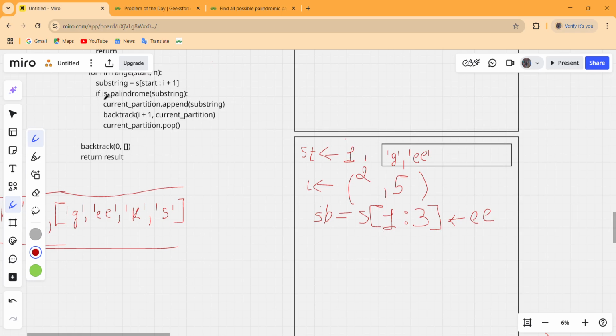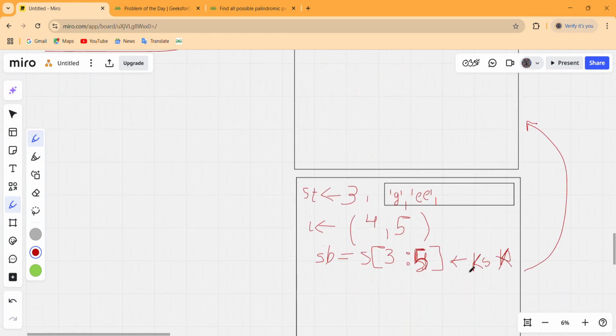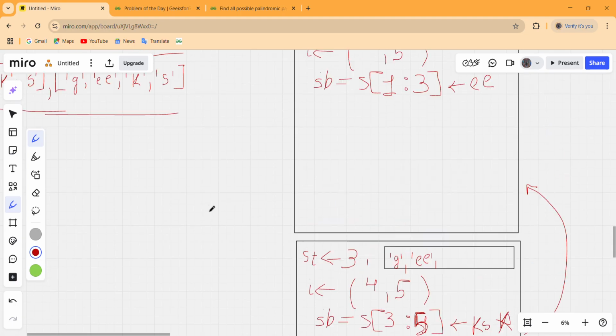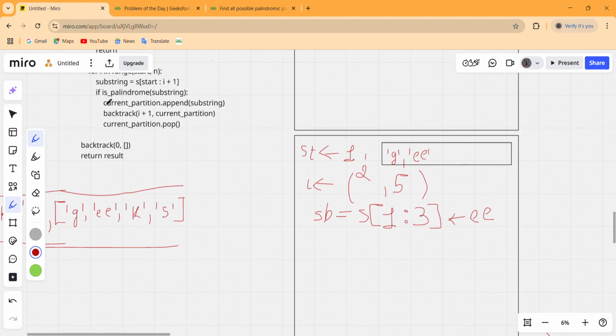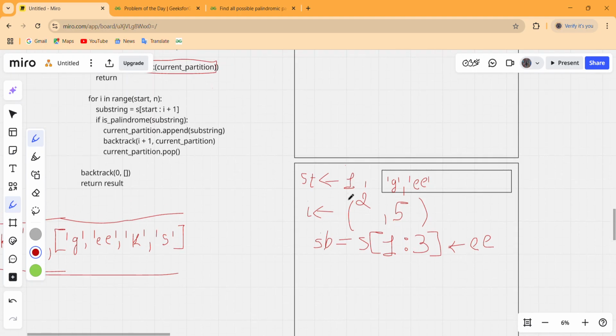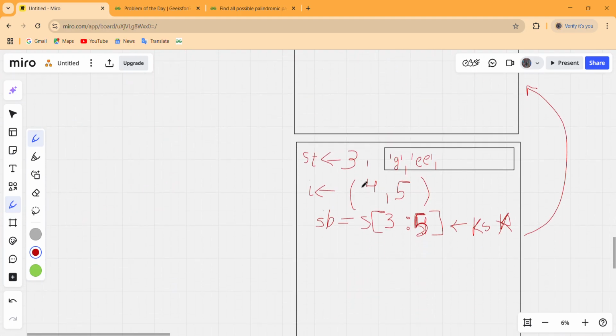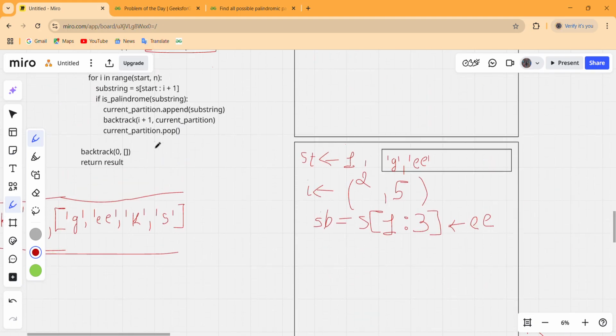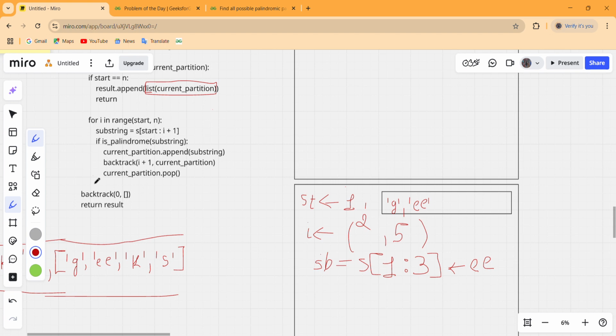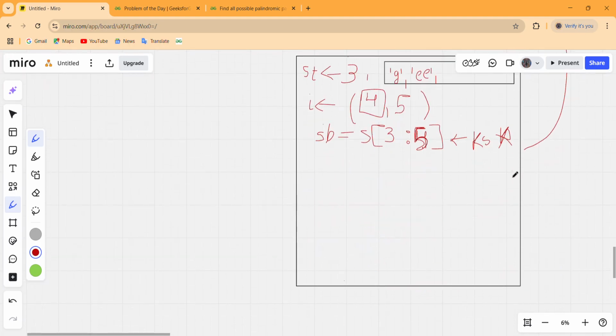And now the if condition gets checked whether that KS is a palindrome or not, and we know that KS is not a palindrome in itself, so this if will never execute. Our I also does not increment, because when we increment our I from 4 to 5, the for loop condition becomes false, so our for loop is now completed. After that for loop there are no further lines to execute, so this function gets returned to its